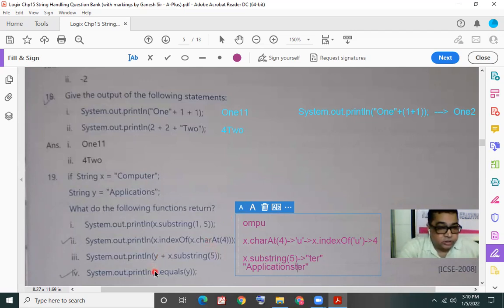Applications is a string stored in variable y, and that should be concatenated with the result of x.substring(5), which was TER. So this is my result. In the output it will not appear with double quotes, so I'm just removing the double quotes. They'll not appear in the output.